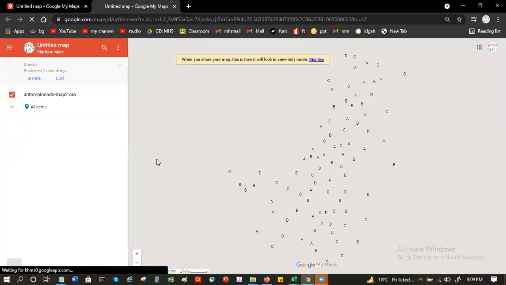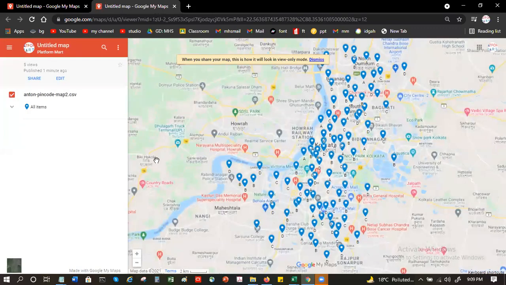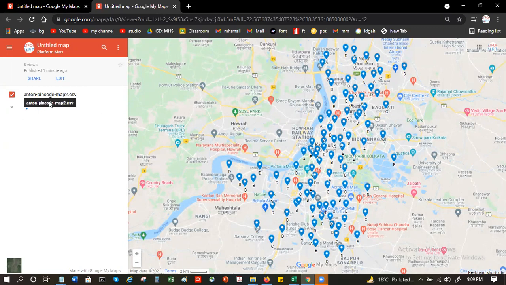So what this guy has done is, he has very tactfully managed to portray all the geographies in a very simple manner. Like he could map, for example, on the left-hand side where you see D, B, B and D again, right next to river Hooghly.